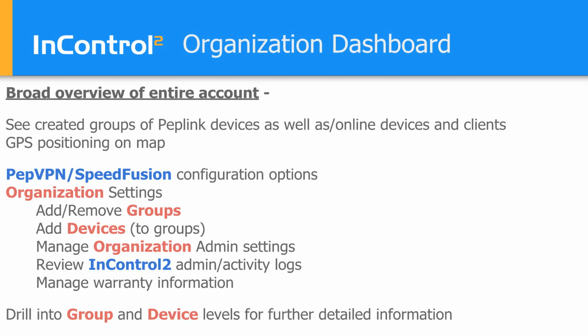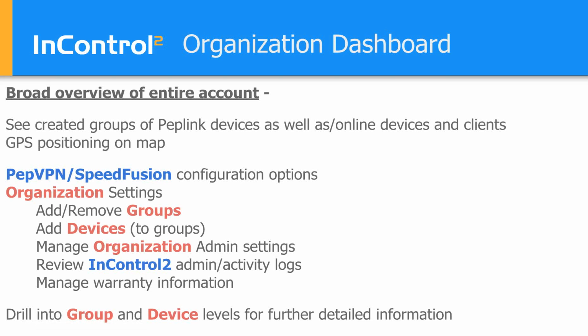Online, offline, client information. You'll have these plotted out on GPS positioning on a map, if you've gone ahead and updated that information, or if they are one of our GPS capable units. You do have the ability to start to set up PepVPN SpeedFusion. Basically, you grab a group and then you start to build your account that way, and we'll get into that a little later on, as well as just some of the admin settings on the organization level,